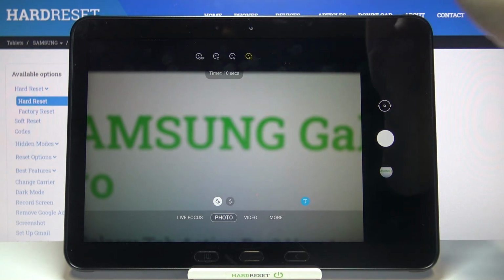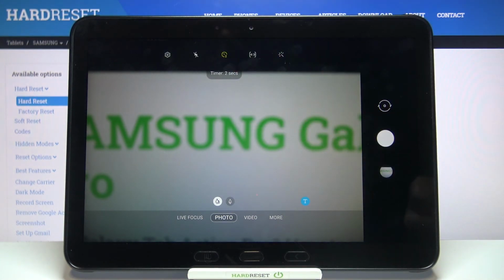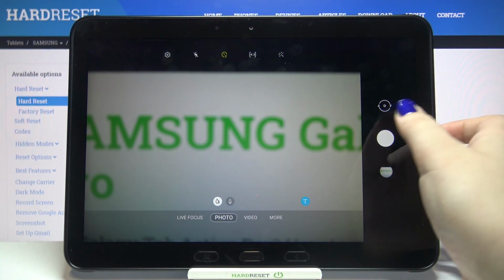So let's check another option, for example, 2 seconds. As you can see, the icon also changes, so simply tap on the